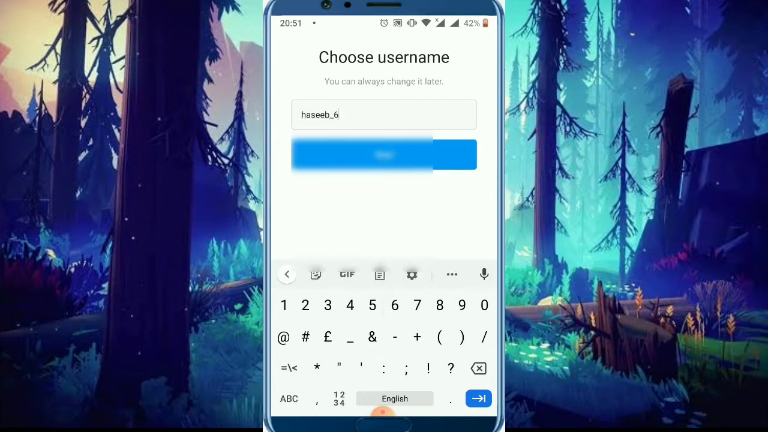Hasib674. You can see that this username is not available already on Instagram, so you can use this. Like green tick is given in front of my username. Tap on next